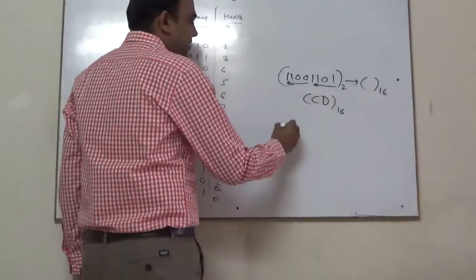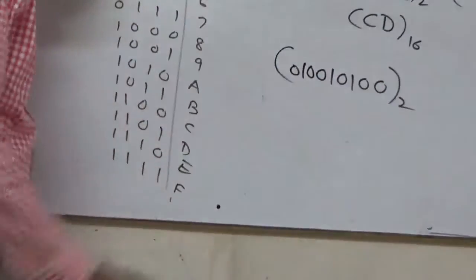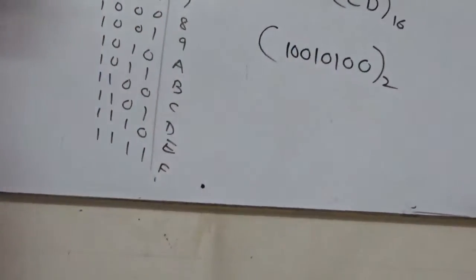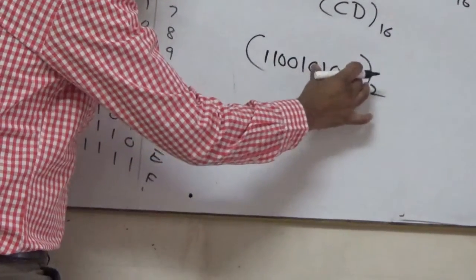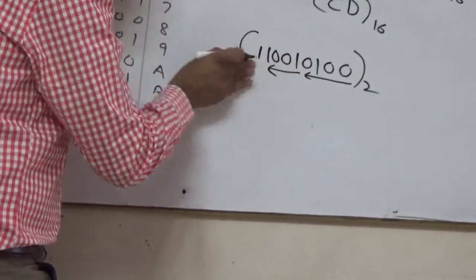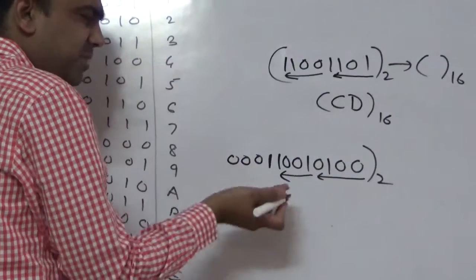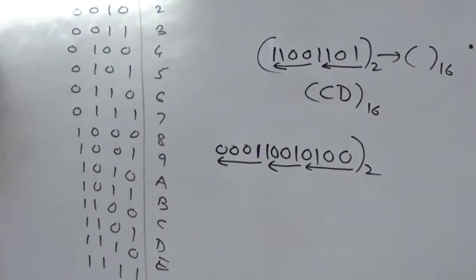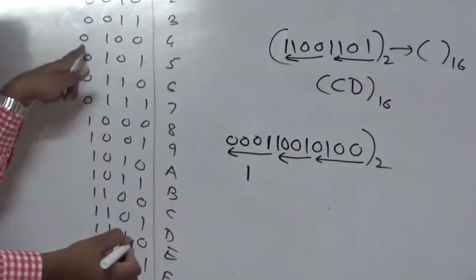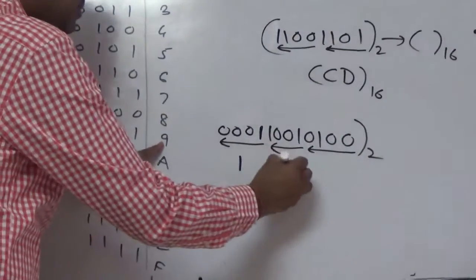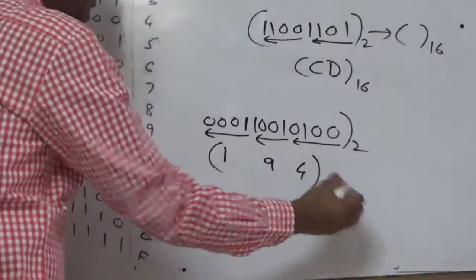Similarly, suppose I take one more example like this. Again a new binary number, and I want to convert it to hexa. Again I will start making groups from this side. Look at these 4 bits. Now this is a single one, so we can add additional zeros. That will not change the value. So this forms a group of 4 bits. Now what is this? It's a 1. And what is 1001? 1001 is a 9 and this is finally 4. So I can say this is 194 in hexa.